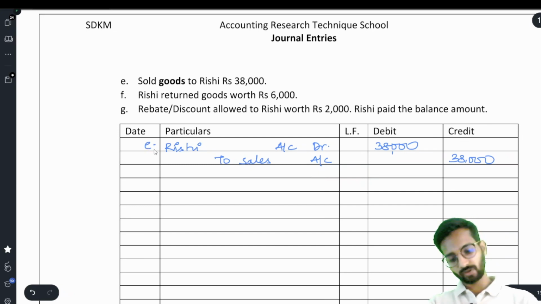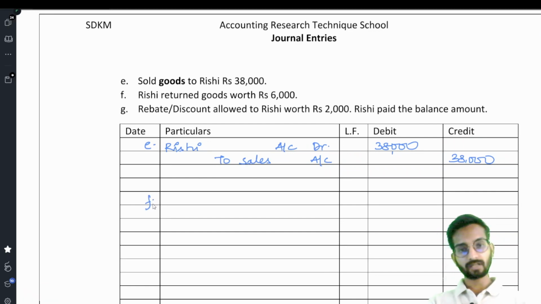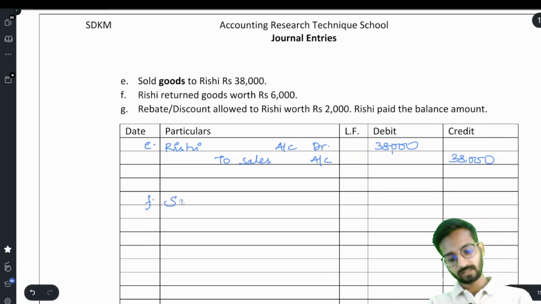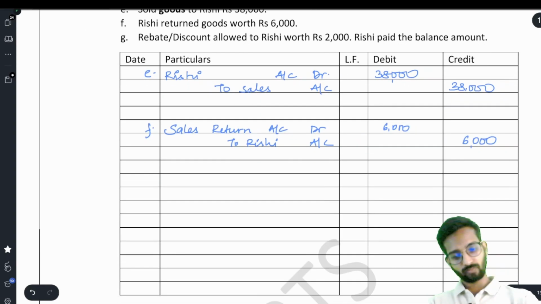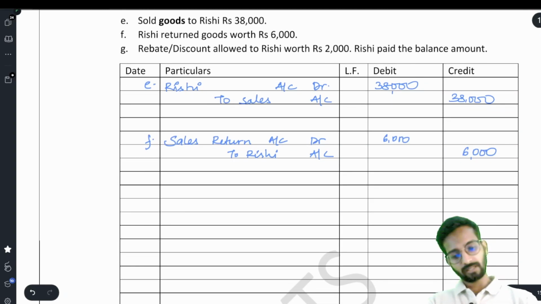After that, this is point E. After that, point number F. Rishi returned goods worth rupees 6,000. It means what? We sold goods and now we are getting a sales return. When there is a sales return, account debit by who? By Rishi. So I will write to Rishi account, how much? 6,000. Now moving further, they have said rebate and discount has been allowed to Rishi worth 2,000 and Rishi paid